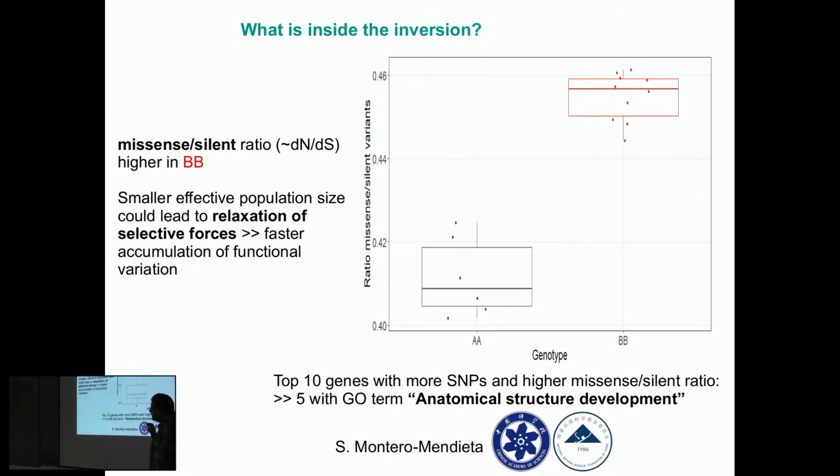What is this telling us? That in the quails with the inversion, there is a faster accumulation of mutations that lead to morphological change. It's not that the mutations are accumulating faster, but that they are removed less efficiently by selection. Selection, in the ones without the inversion, is more efficient because there are many more quails. So selection is removing lots of these deleterious variants. But in these quails in the south of the Iberian Peninsula and the Canary Islands, we have lots of mutations that are accumulating, that are producing phenotypic effects.